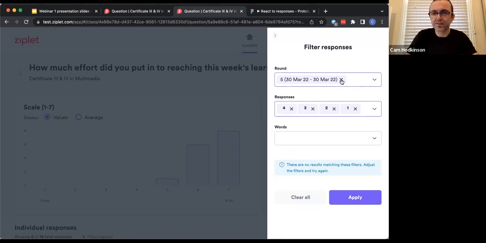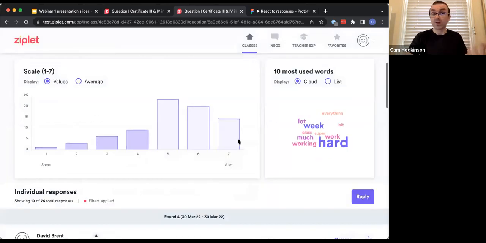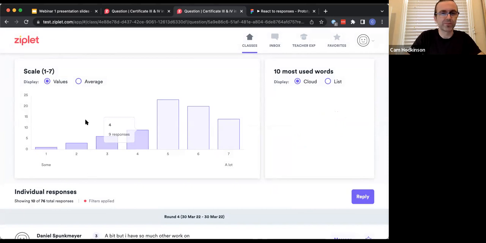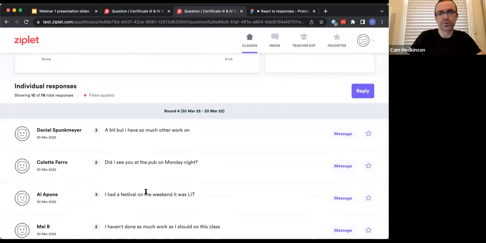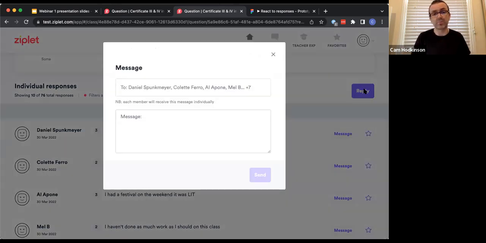So what we want to do is filter by these students, maybe up to actually even 4 is probably okay, middle of the road. So just a 1 and a 2 and a 3. And I can see now the responses that I have are only those students that have replied 1, 2, and 3. And as a follow-up, I can quickly reply to those students and say, hey guys, I can see that you've not been putting in quite as much effort. Let's catch up and talk about your broader workload.